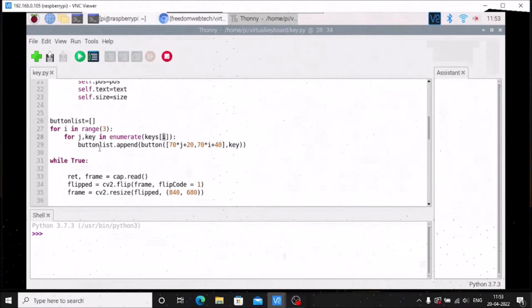Then button list dot append. Button list, we mention here first as an empty list. So button list dot append, we need to call our class, Button. Let me show you. If I mention this, by default I mention here 70. So let's say if I mention 170, and here also 170, if I save the code and run the code,